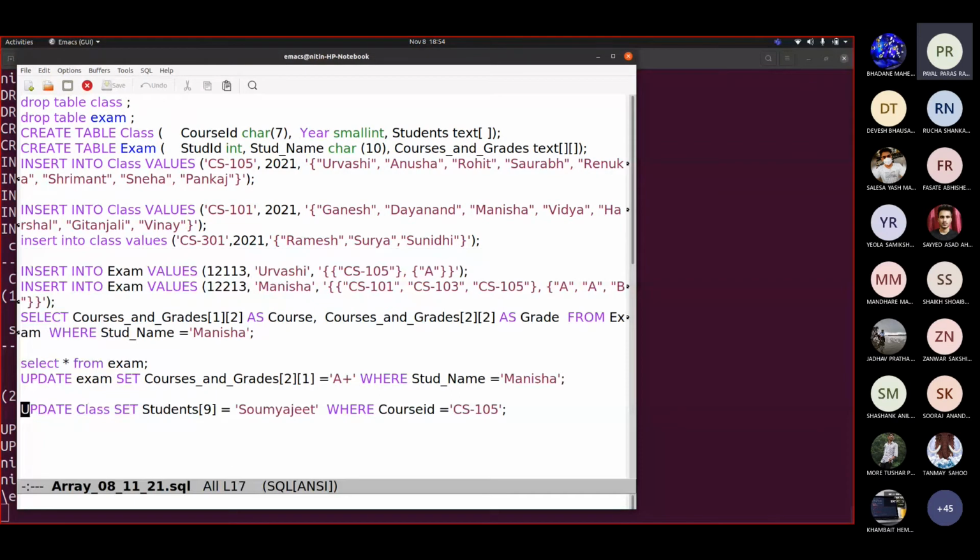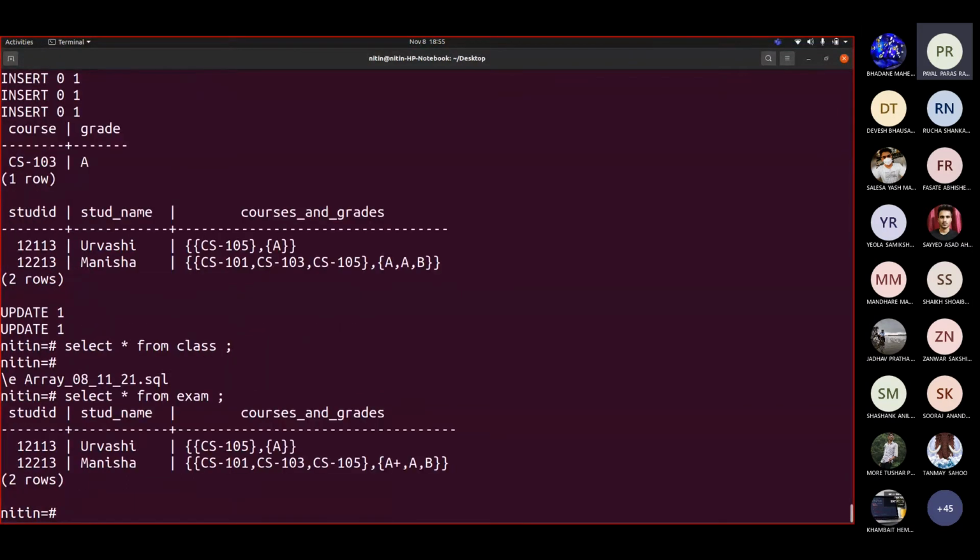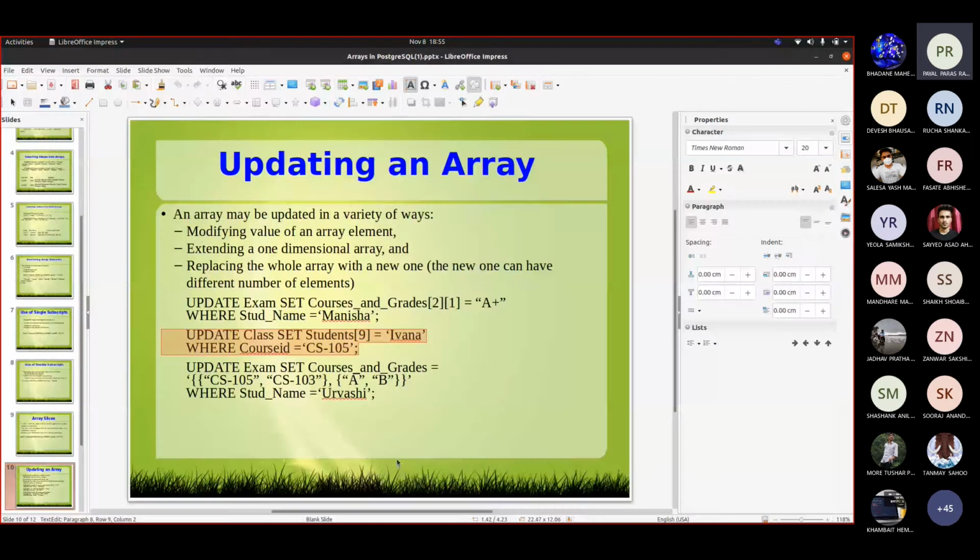So we added it for CS105, the 9th student. Fine. So you can insert this way too, if you have to insert at a particular column. If I write select star from exam, you can see the A plus, which we added there. Fine. So this one was for insertion.